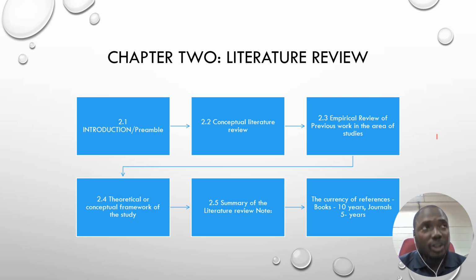In the introduction, you just tell us what you intend to do in this chapter. So mostly what is being done in this chapter is literature review. Here you can write 2.0 Introduction, then under it you write: in this chapter we are going to review relevant and related